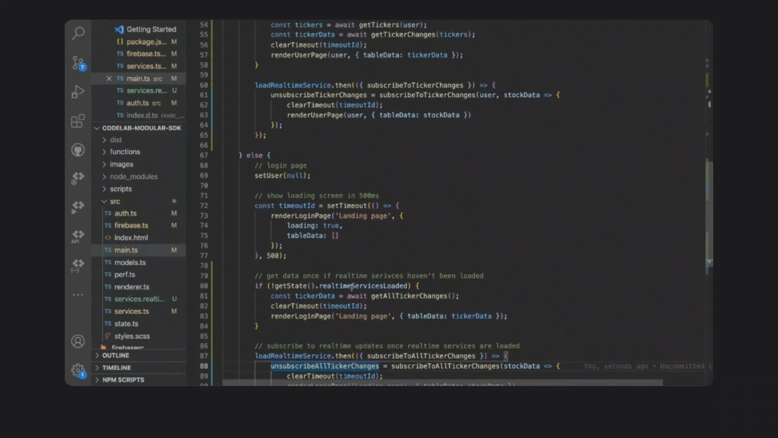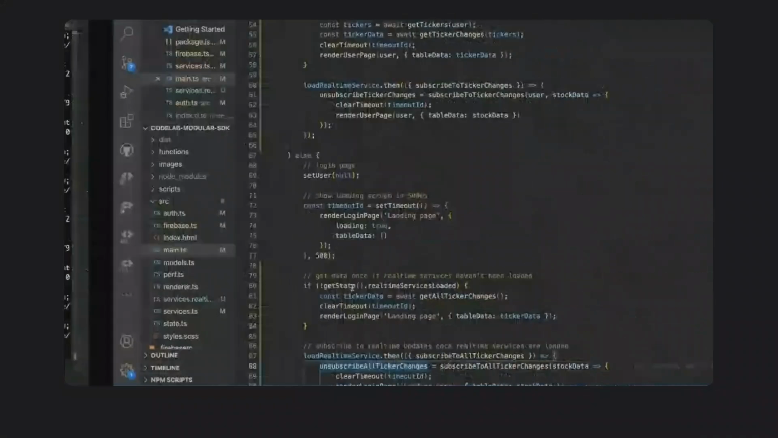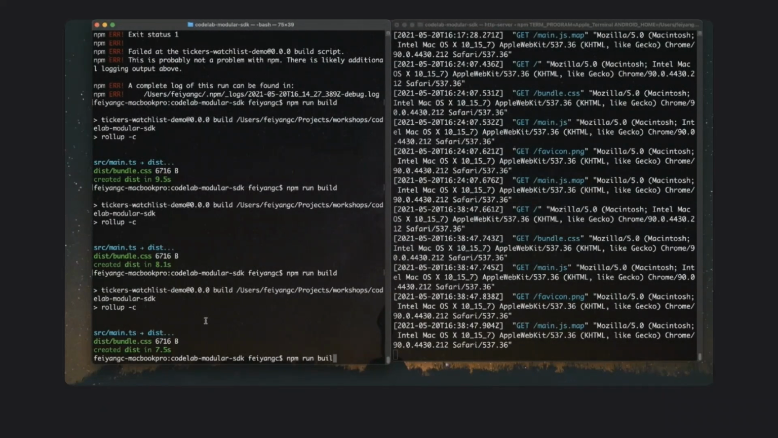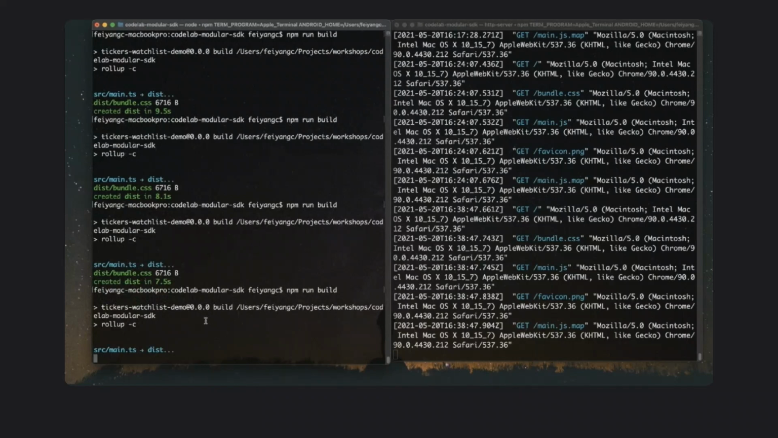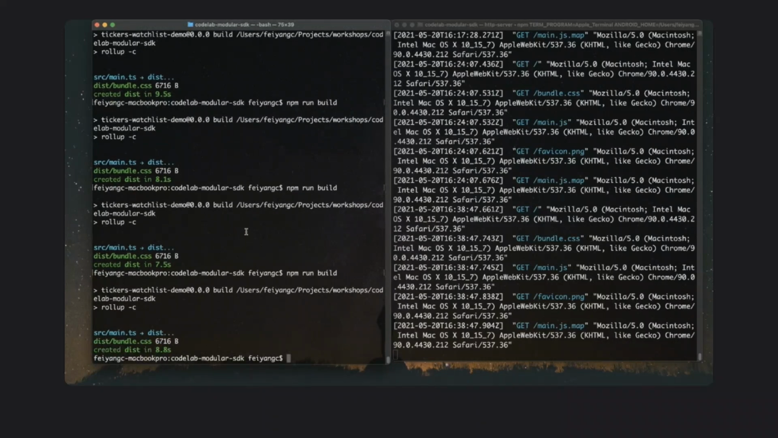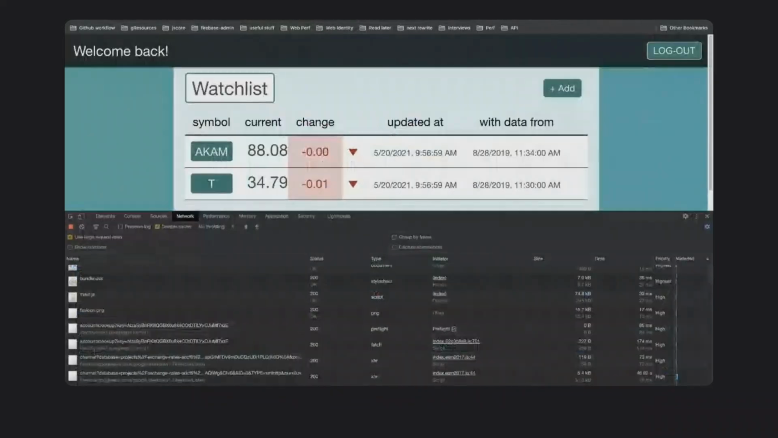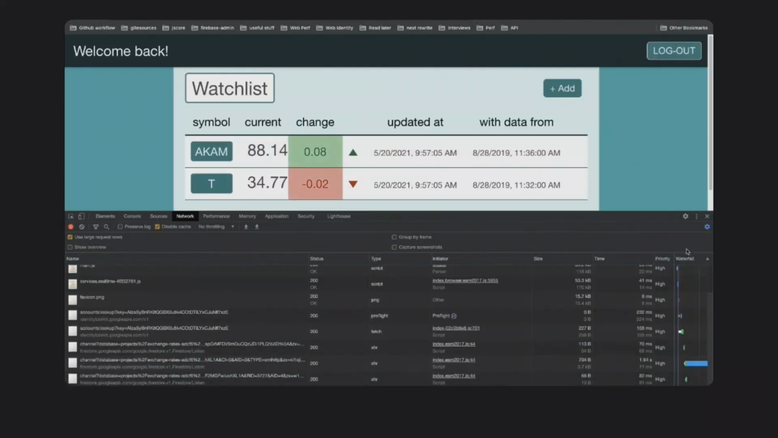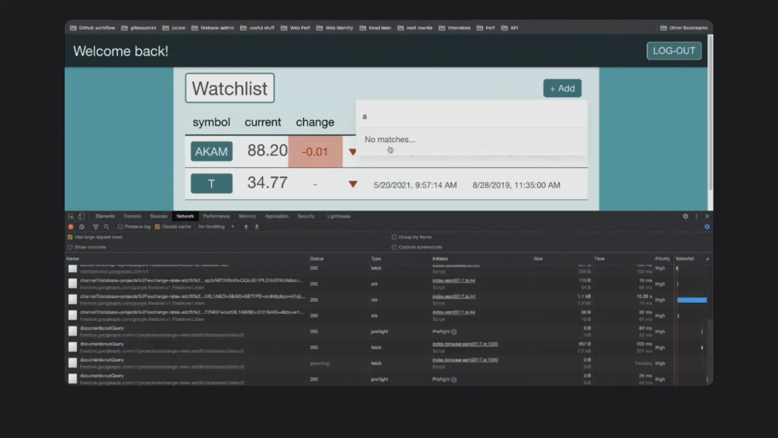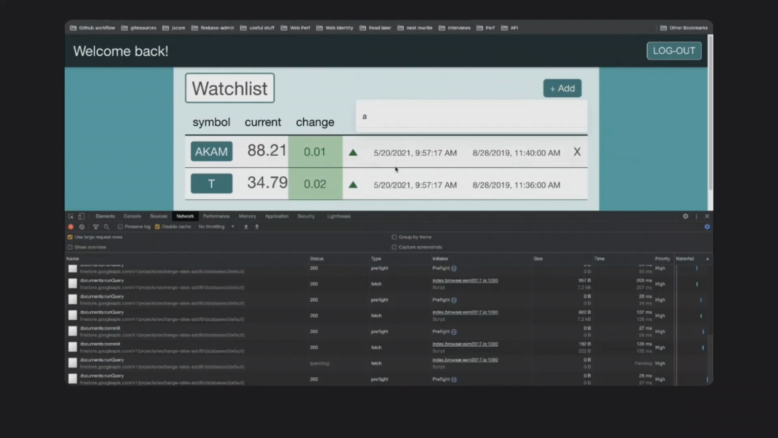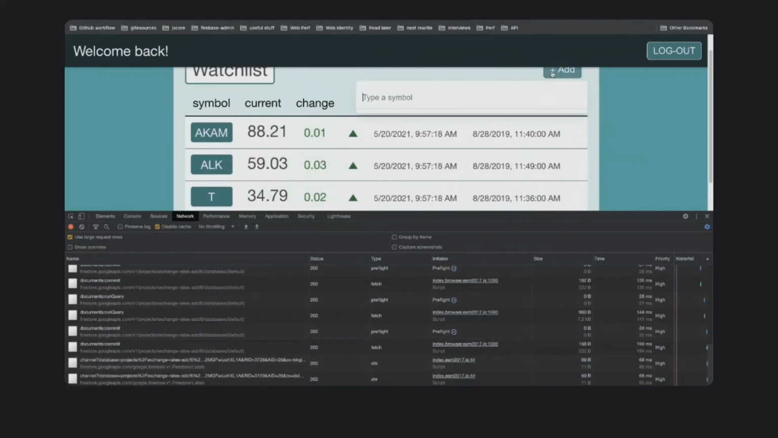Okay, so we're ready to rebuild the app and check the size of the app again. Let's do npm run build. And let's move to the browser and refresh the page. And let's do the manual test once more to make sure nothing breaks. I did that one before. And